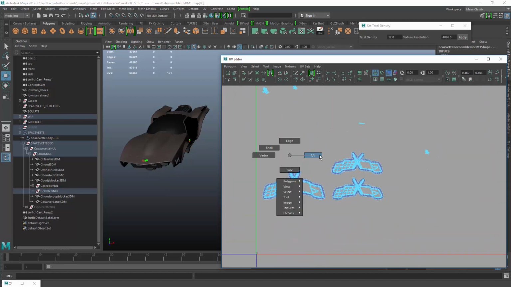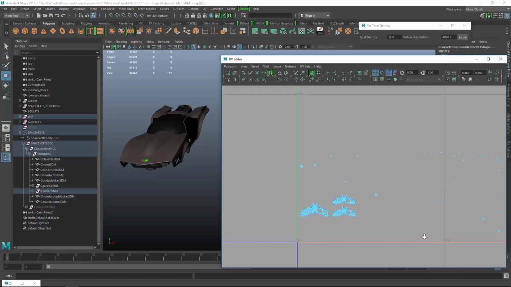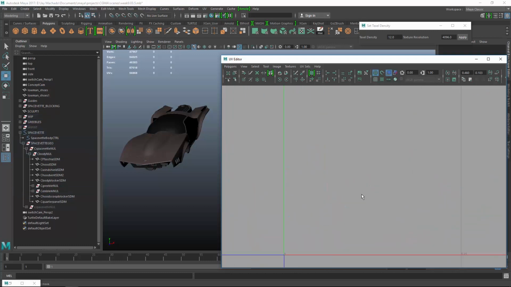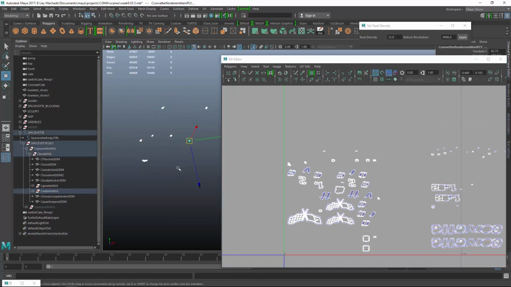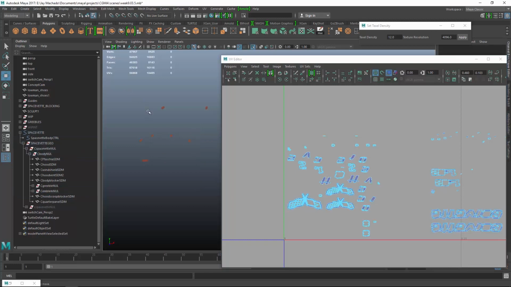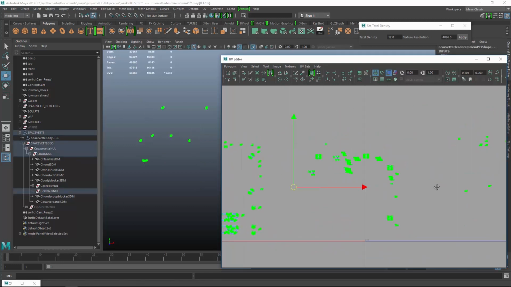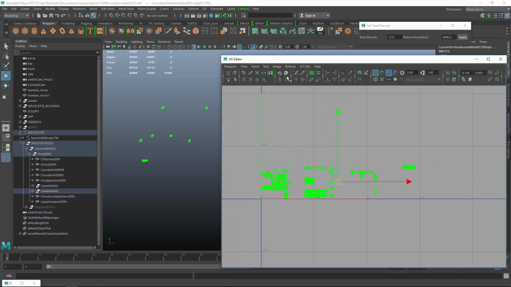So now what I'm going to do is just kind of hand pack some of these UVs, because I want them to be organized in a way where it's easy to paint these materials across these parts. So I'm just going to start grabbing shells, kind of moving them into place. So these are all the parts with the white material, and now I'll move on to basically the red material, and I'll flip these over